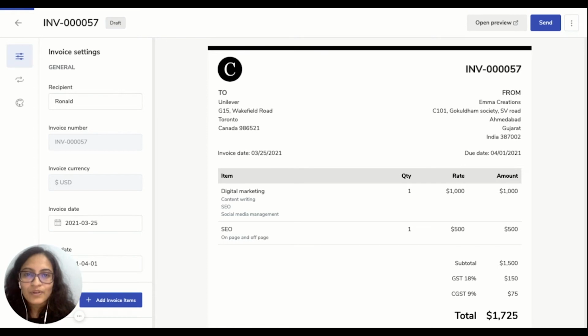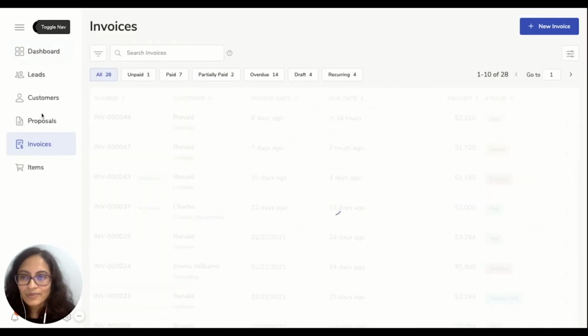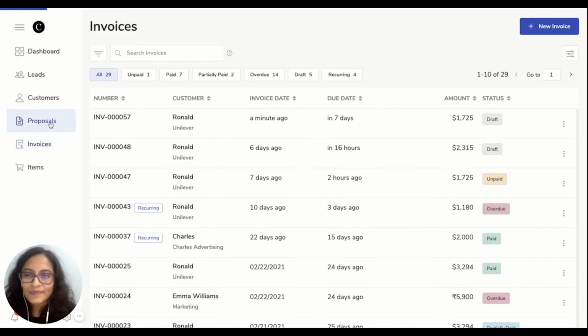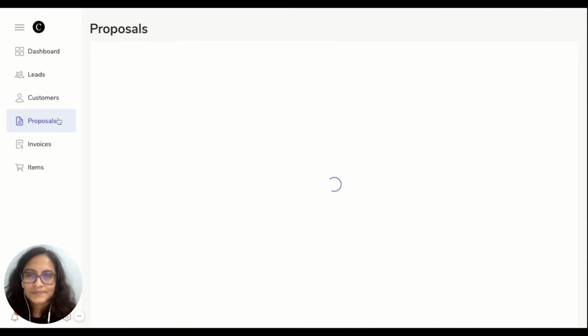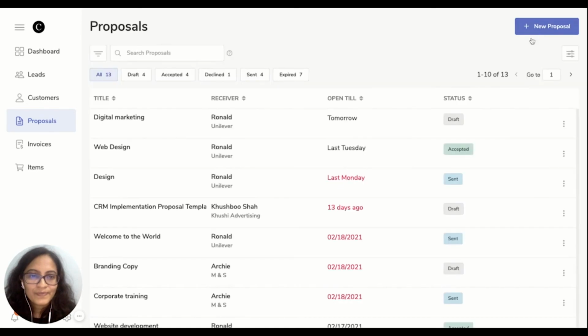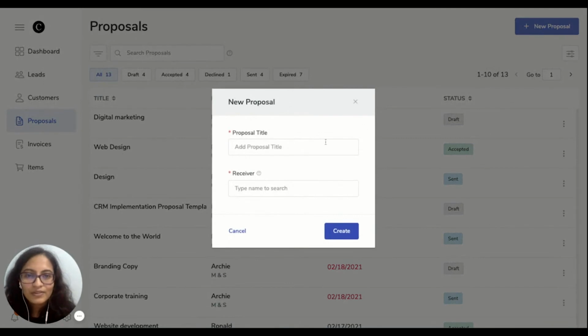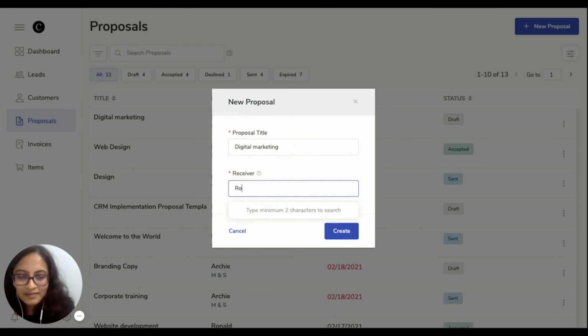Now if you want to use it on proposals, I'll show you one option. You have to come to the proposals module. From here you can click on new proposal, and title would be digital marketing, and I'll make it for Ronald.